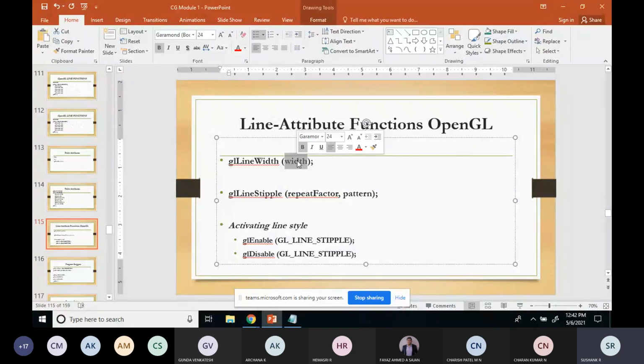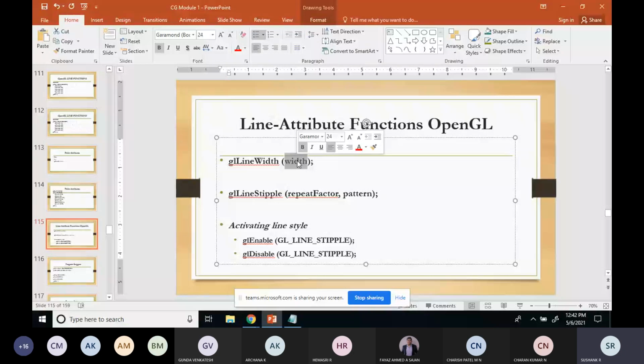So this is regarding the size. The default will usually be one only. Whatever value you pass as the width will be the width of the line. It can be a floating point number, which will be rounded to the nearest positive integer.